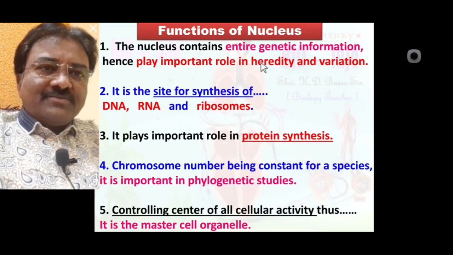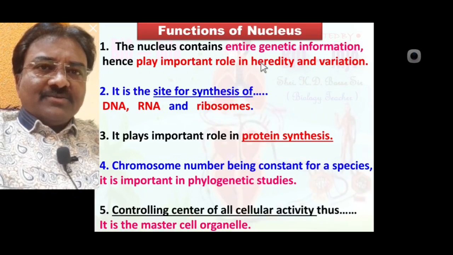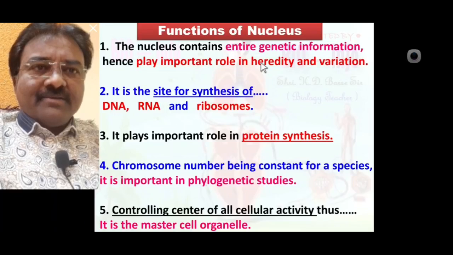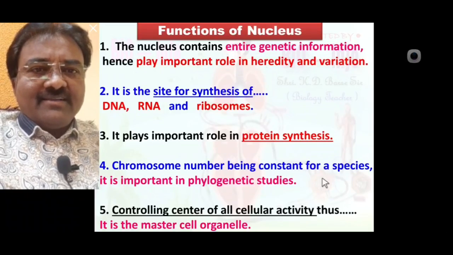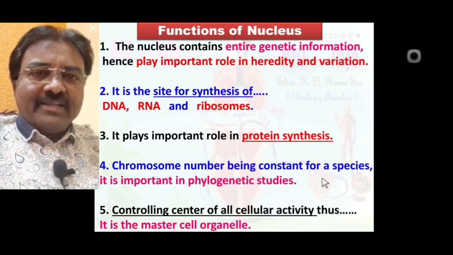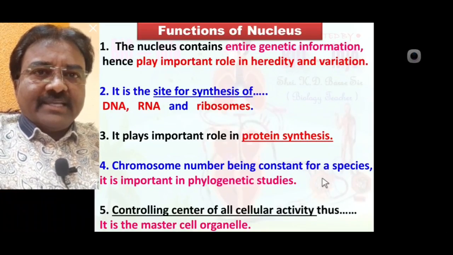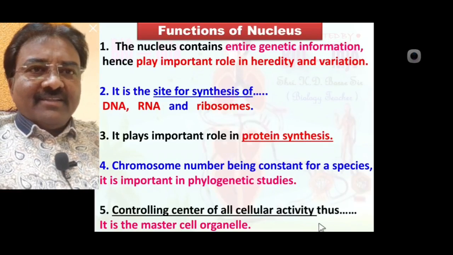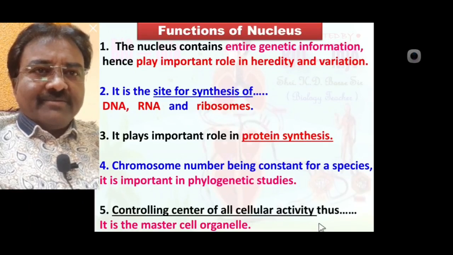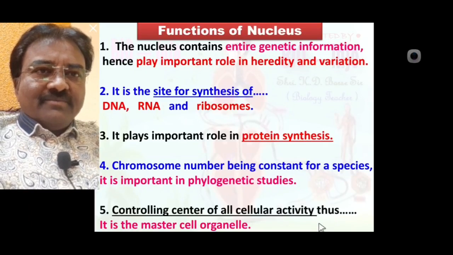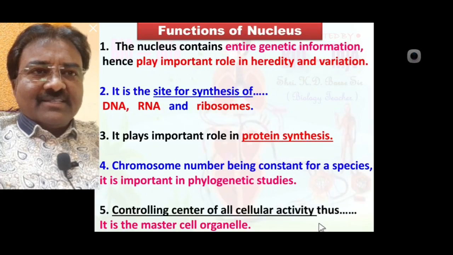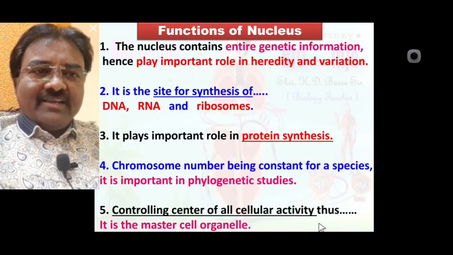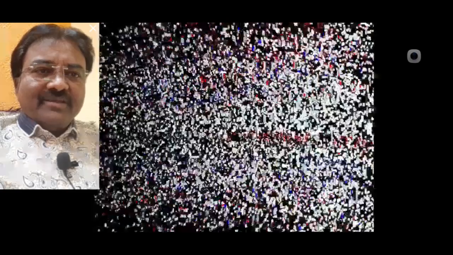Hope that you understood everything. We also discussed different parts of the nucleus, like number 1, nuclear envelope, second, nucleoplasm, third, nucleolus and chromatin network. Means up to this we discussed nucleus is one of the most important master cell organelles. Now we learn